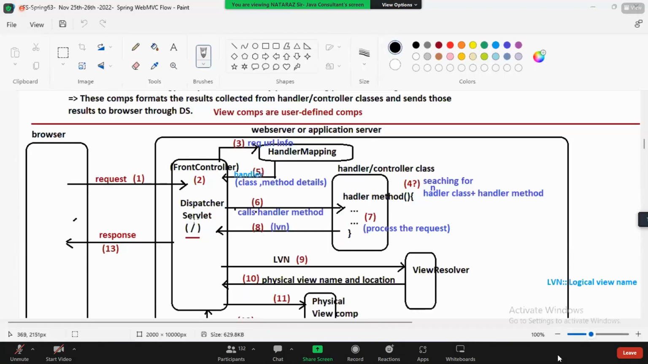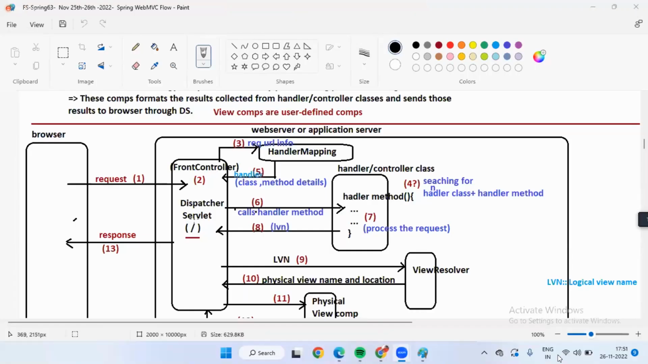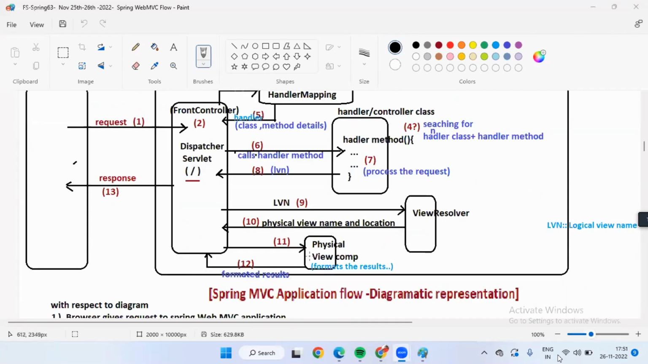The controller returns the logical view name token to the front controller. The front controller passes that logical view name to the view resolver. The view resolver decides the name and location of the physical view component and gives it to the front controller. The front controller executes the physical view component, where the presentation logic formats the result, and the formatted result goes to the dispatcher